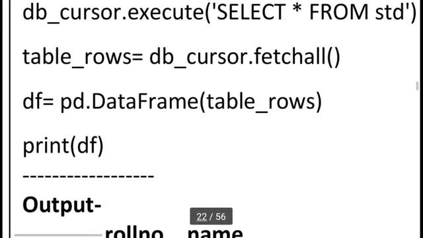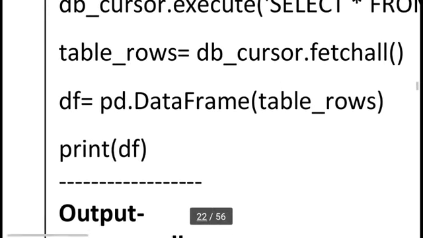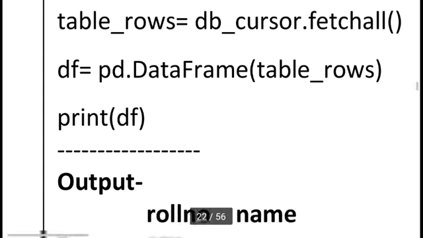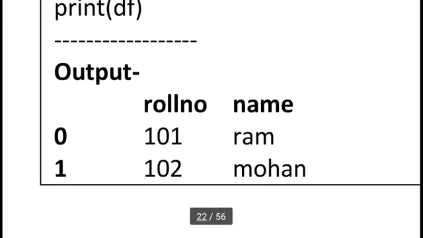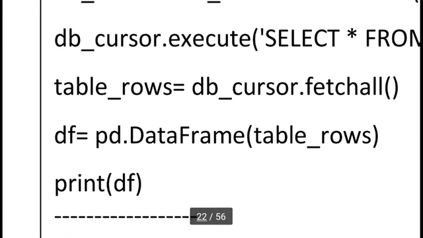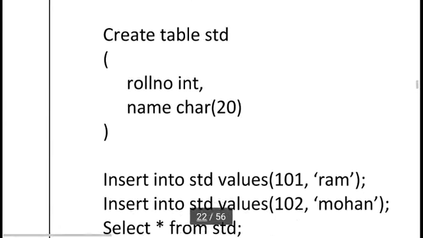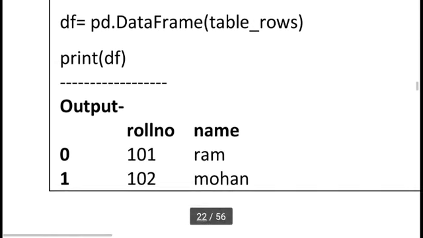Then I already created the df variable. Df is our data frame variable, and this variable will hold our previously created database table std. So here pd.DataFrame we already know, but here I am writing table_rows because this variable already holds the database table, and then we can print df. So you can see the journey of MySQL to Python. The MySQL database table will transfer to the Python df